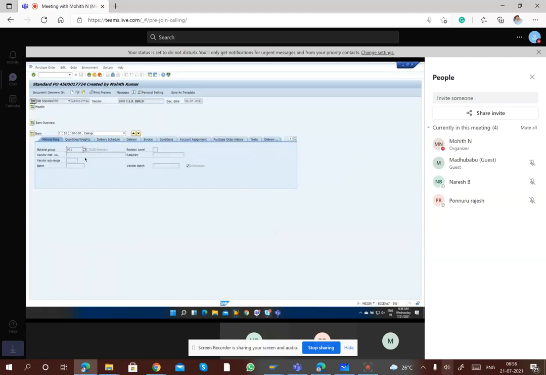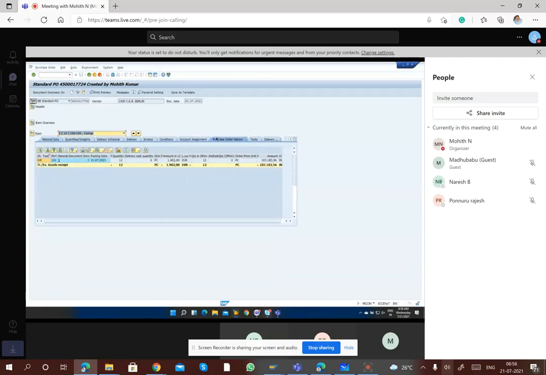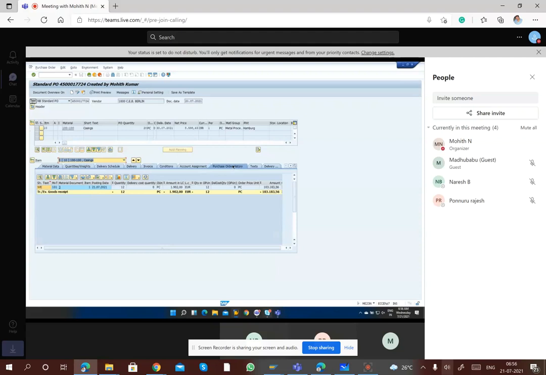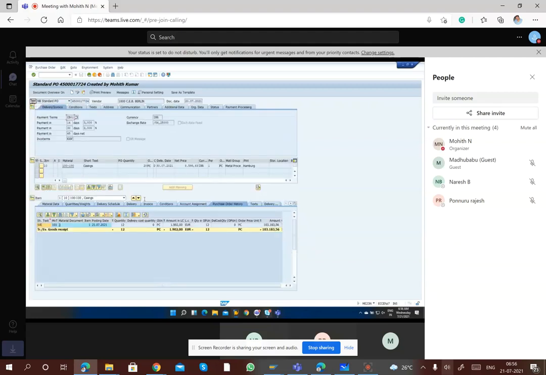Okay, so if you see here, there is a tab that came here. When you practice, just observe, this tab will not be there when you create the PO, but this tab just now occurred because we have done the GR. Purchase order history means all the reference documents of this order will be populating here, either it is GR.